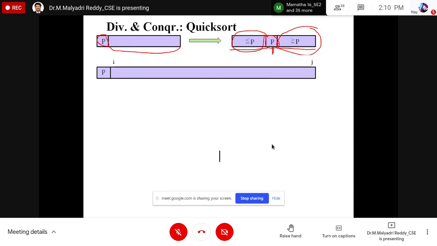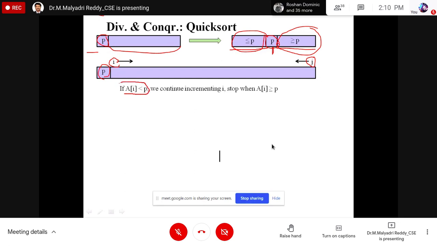So first we choose the pivot element. We start the comparison for the array of elements. On the left side, i looks for elements bigger than the pivot, and on the right side, j looks for smaller elements. So i moves from left to right over lower elements, and j moves from right to left over higher elements. This is the process. I have to place it the same way I explained to you.